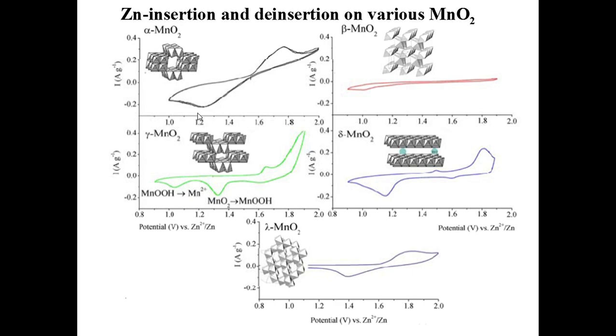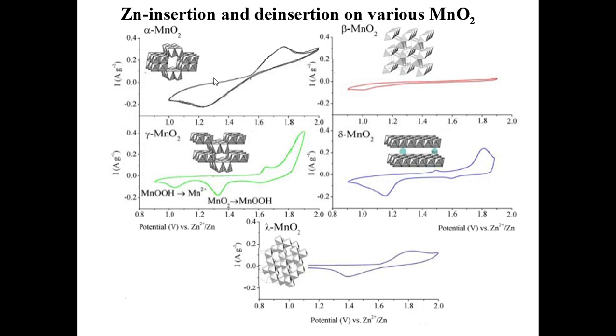The potential at which zinc intercalation happens, that means zinc entering into this tunnel, is around 1.3 volt. The potential at which zinc deintercalation happens is around 1.7 volt. There is about 0.4 volt difference between the charging and discharge, which we call polarization. So polarization is very significant here, which is related to the energy loss that happens due to zinc intercalation and